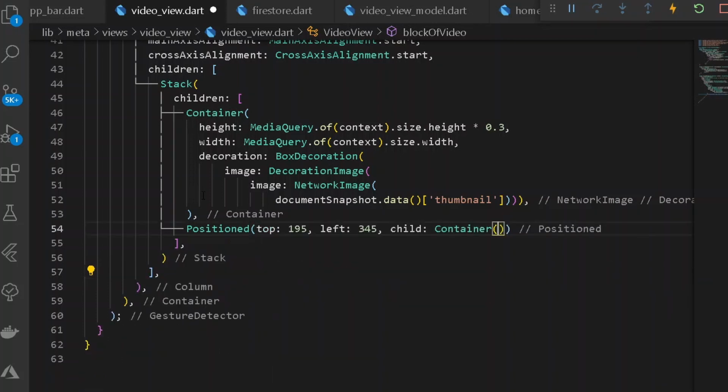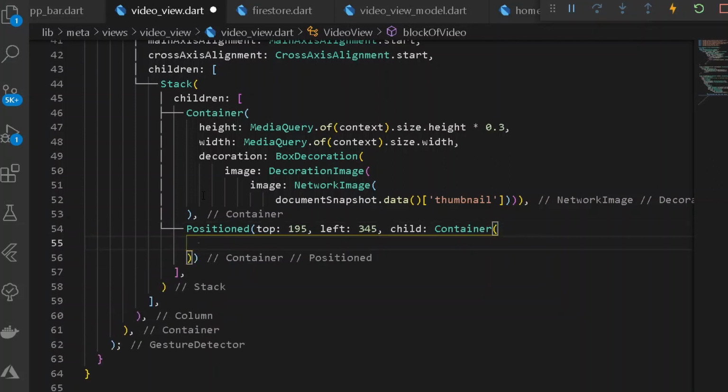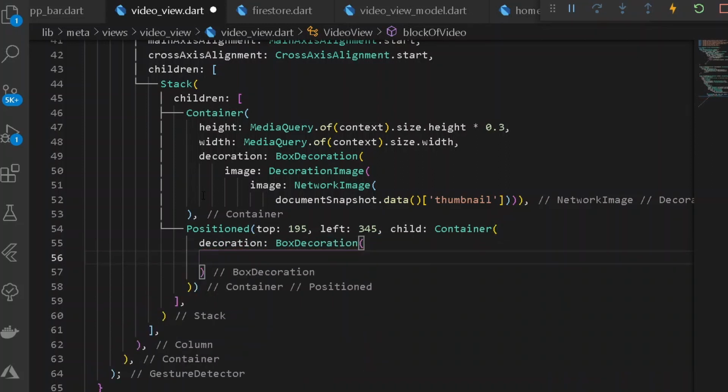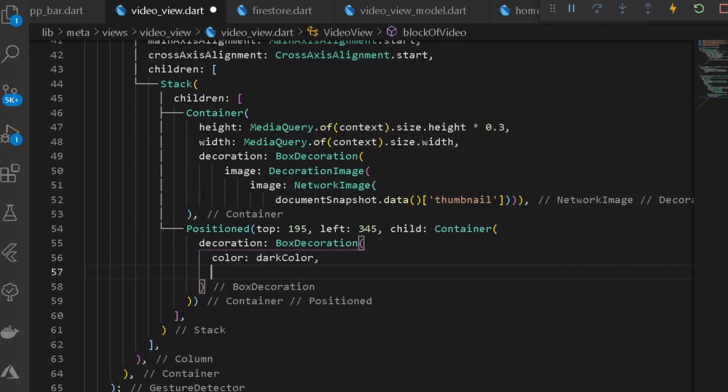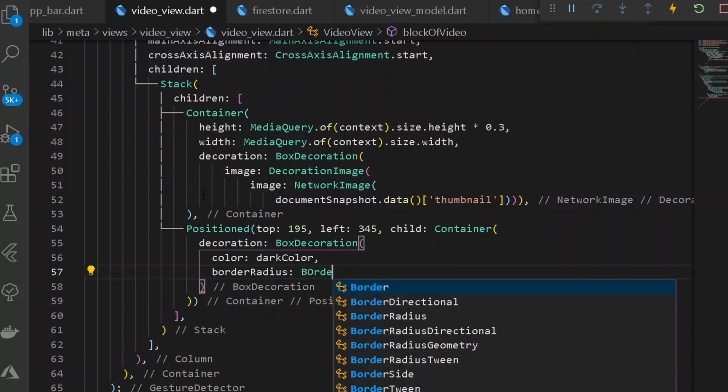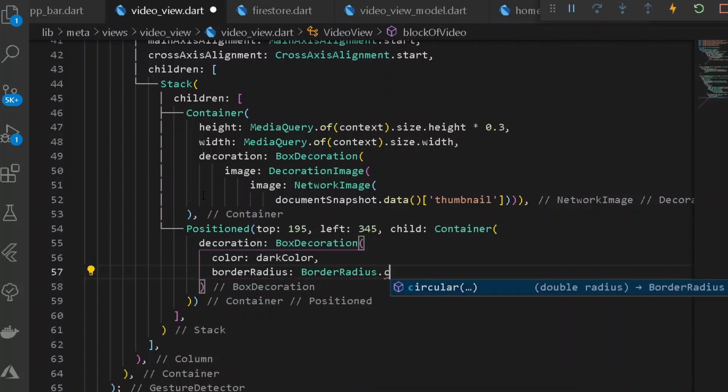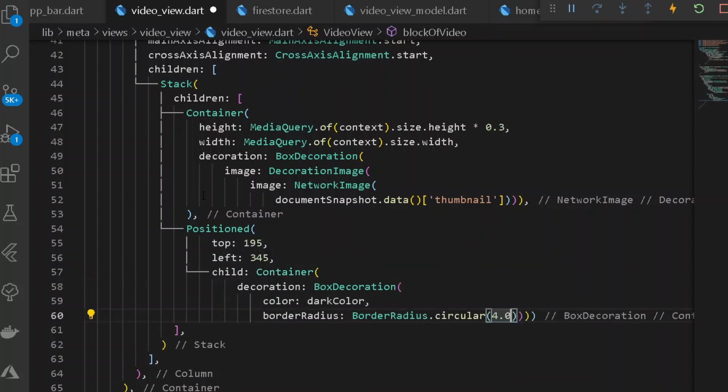So under the following container let's have a decoration of box decoration, and under the box decoration we shall be having a dark color, and after that let's have a border radius. For the border radius, BorderRadius.circular of 4, format document first.